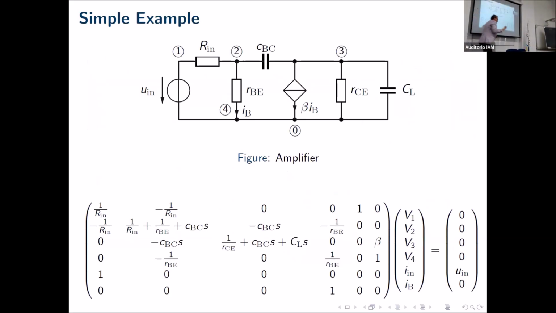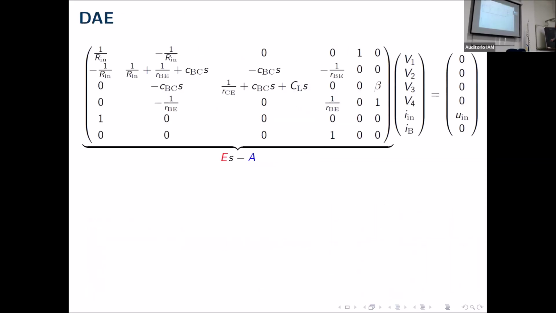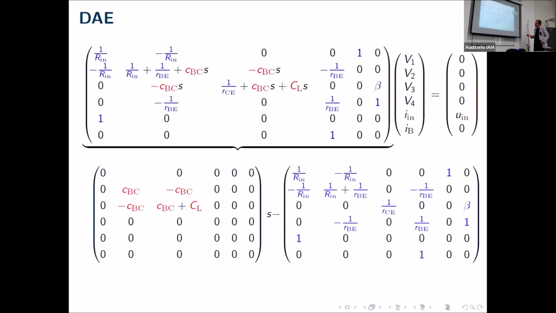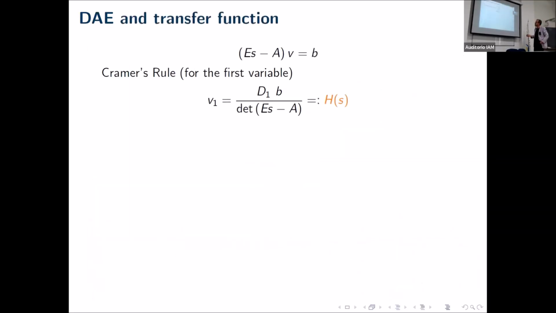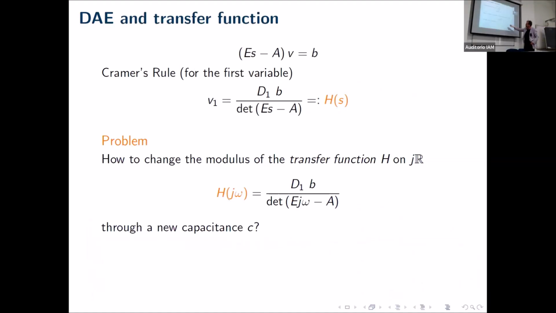So actually, what does it mean? I make a one-dimensional perturbation of E. And then I want to change the transfer function. Go back to the transfer function. And the transfer function is, you see, the main part is this determinant. And the determinant somehow is,